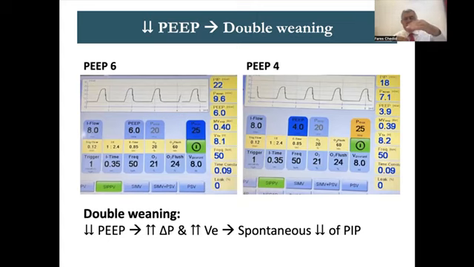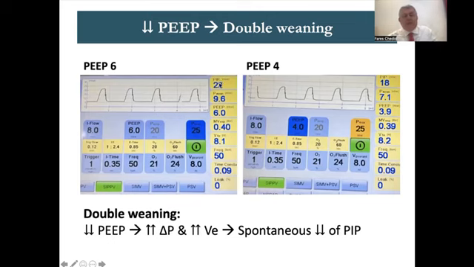We keep the same gradient and we keep the same VE, but that expiratory volume will be produced by less barotrauma and less PIP. That's called dual weaning, weaning the PIP and PEEP at the same time and by the same value to keep the same gradient and same VE at less PIP. But what happens in volume guarantee? Because in volume guarantee, we don't have any say on the PIP. The patient decides his PIP. We decide the VG and the patient decides his PIP.